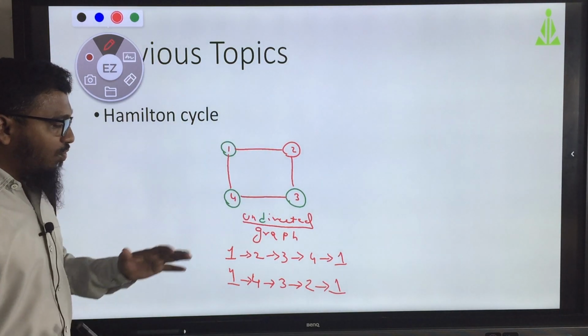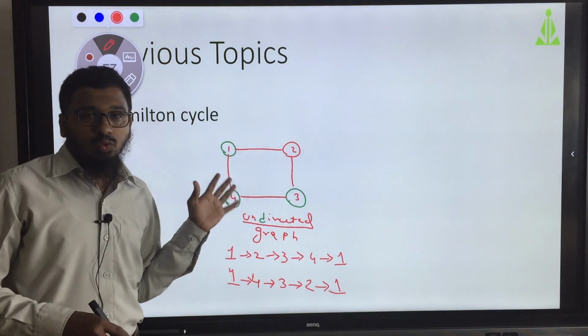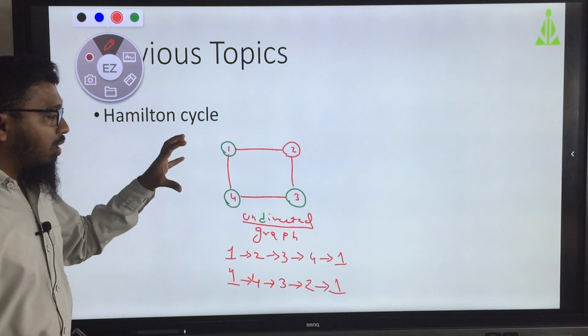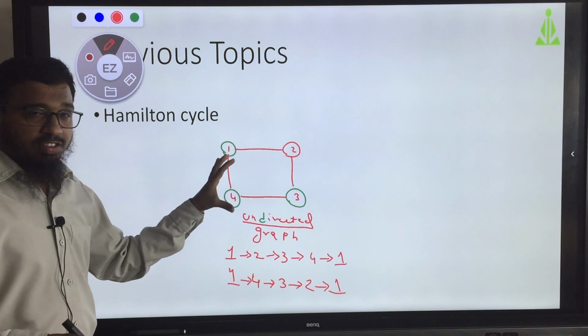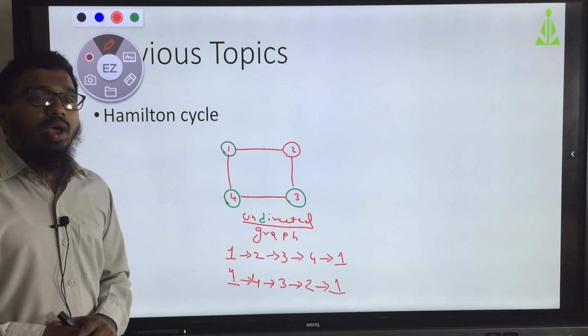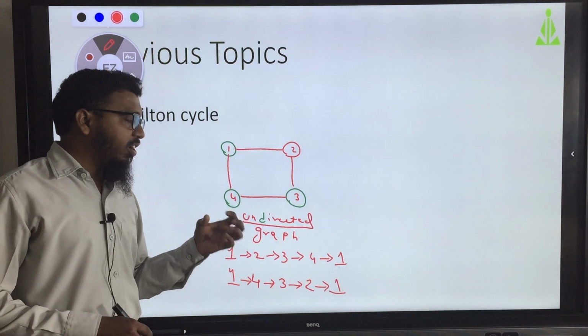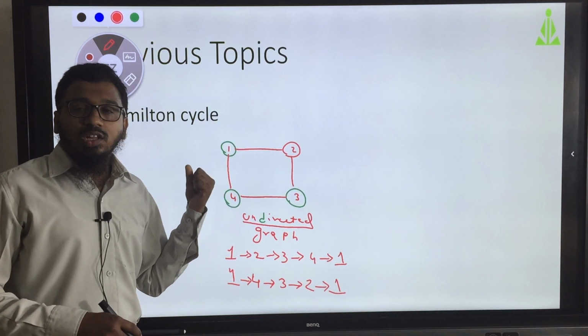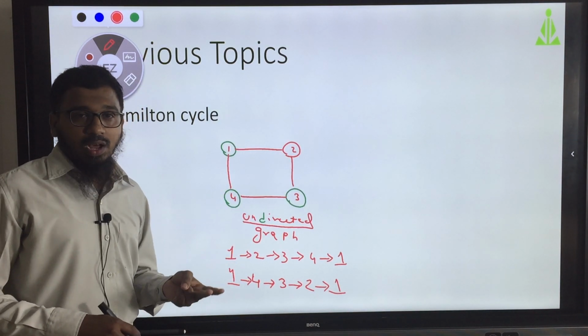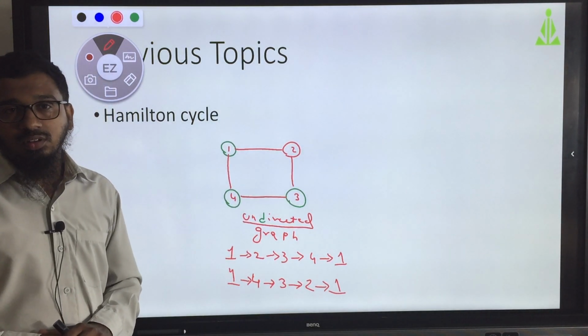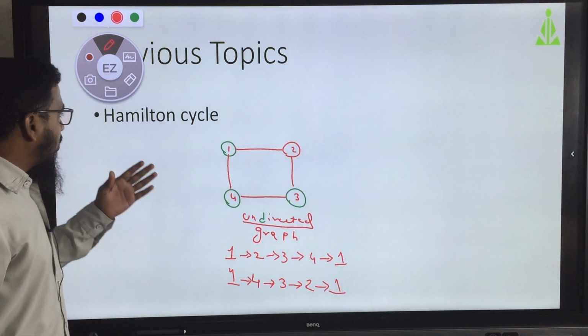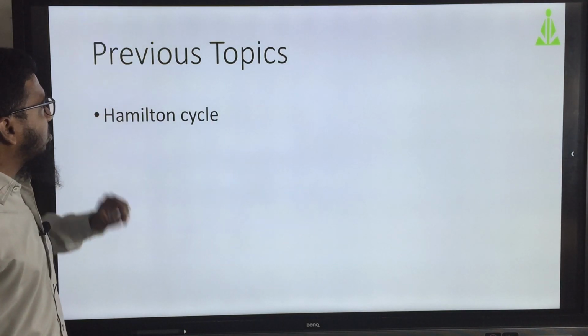If you want more detail on how it works, go and watch the previous video, and you will get the details of what a Hamilton cycle is and what a Hamilton path is. So this is the previous class.